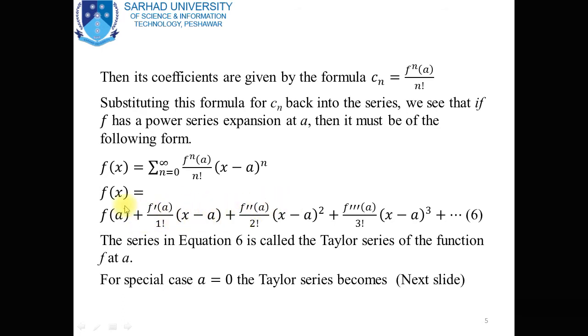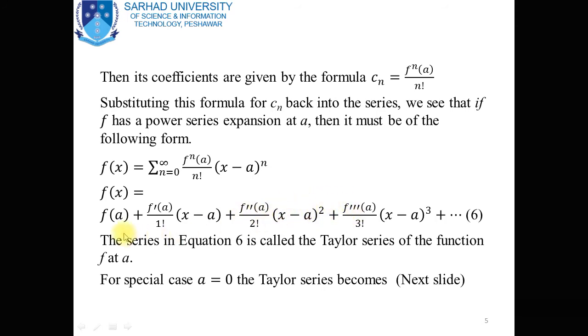Now dear students, I would like to tell you again about the Taylor series and Maclaurin series. This equation number 6 is actually the Taylor series, which is very simple. For the Taylor series a function will be given, and first of all put x is equal to a, this value will also be given. So putting x is equal to a in the function, you will obtain the first term of the series, and then take the first order derivative of the function and put x is equal to a in it. This will be the second term of the series, and similarly take the second order derivative of the function and then put x is equal to a in that derivative. This will be the third term of the series, and so on.